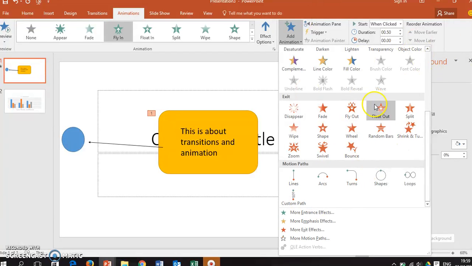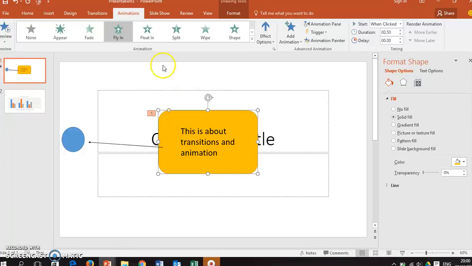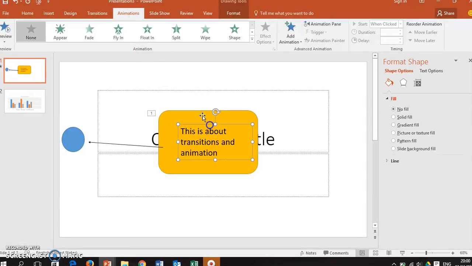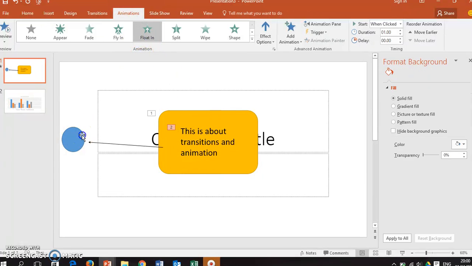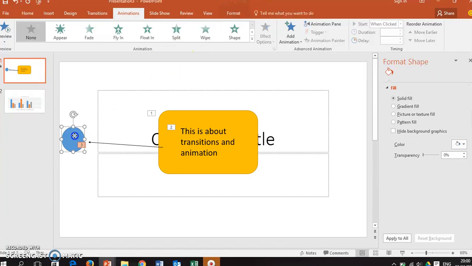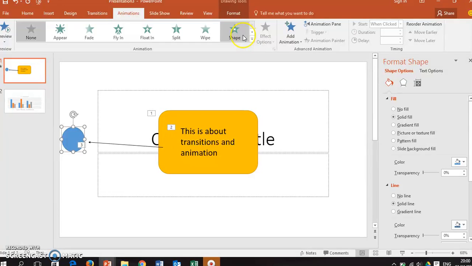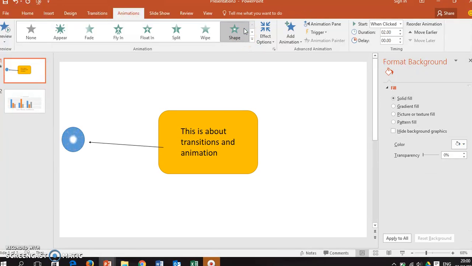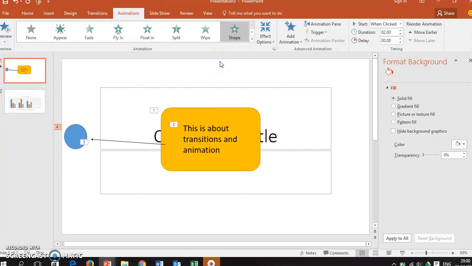So these are just 4 different types of animation. To add animation, you just click on one of them. For example, I want that to be fly in, I want my text to be float in, and I want this arrow to be wipe, and I want this circle shape thing to be shape. And I've added animations, so